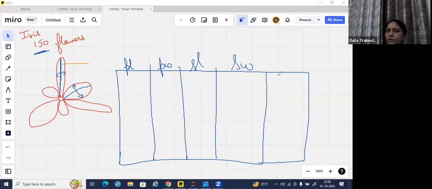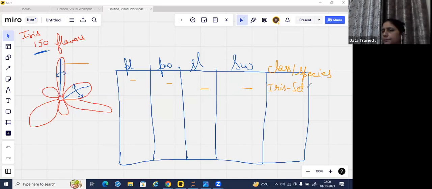This particular flower data set has three species, so he created a class or species. When he measured the petal length, petal width, sepal length, and sepal width, he started giving the name of the species. There are basically three species here,